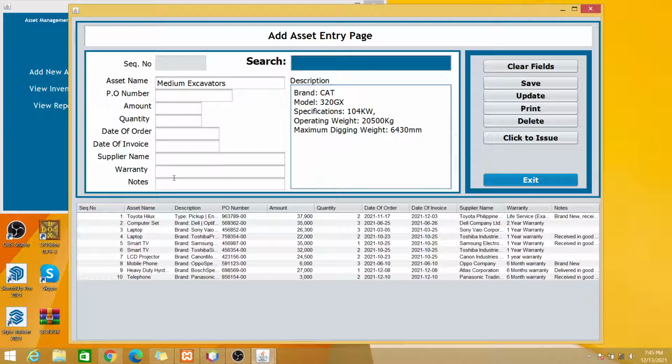6,430 mm. So this is just for demonstration only, and PO number will be -00, and for example the amount will be, let's put 350,000 for example, and you have acquired one, and the order date will be 2021, last October 2023, and then the unit and the invoice arrive on 2021, let's say December 15 for example, and supplier name